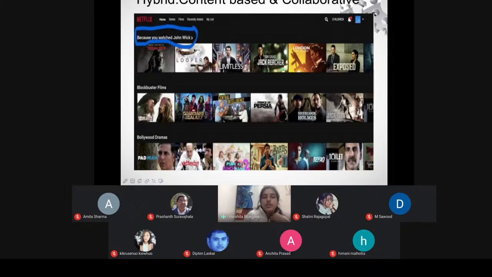So you always have a hybrid version working there, in which you utilize both these approaches, both the content based and the collaborative based. इसका और कोई example आप देखते हैं तो LinkedIn is also one of the best examples of the hybrid approach, in which they utilize both of these approaches, these algorithms, while recommending the items or the job profiles to you.